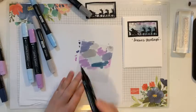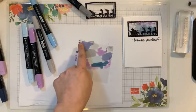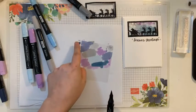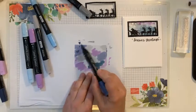How many of you guys have tried this before? Anyone? Now, one thing I want to point out, you saw me just go over the corner there. I try to be careful while I go over that. So what I try to remind myself to do is to be careful when going over the edges, not to